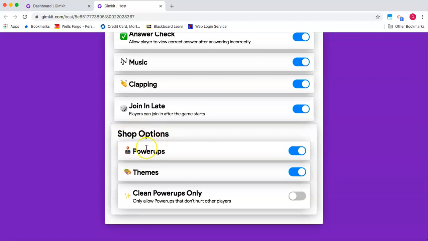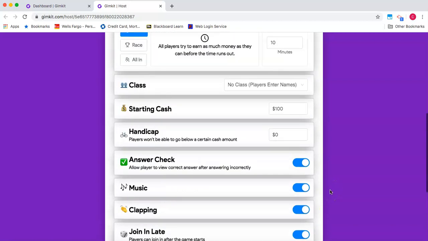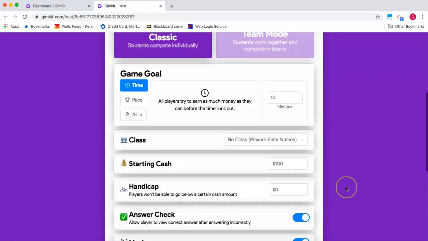The shop options, you have power-ups, themes, and clean power-ups. So if you turn this on, students can't purchase power-ups which can harm another student's game. And some of those include freezing another student's computer, blurring their screen, taking money away. So depending on your class, your students, the environment, you can either turn this on so it's only clean power-ups or turn it off. Once we've gone through and set everything up,